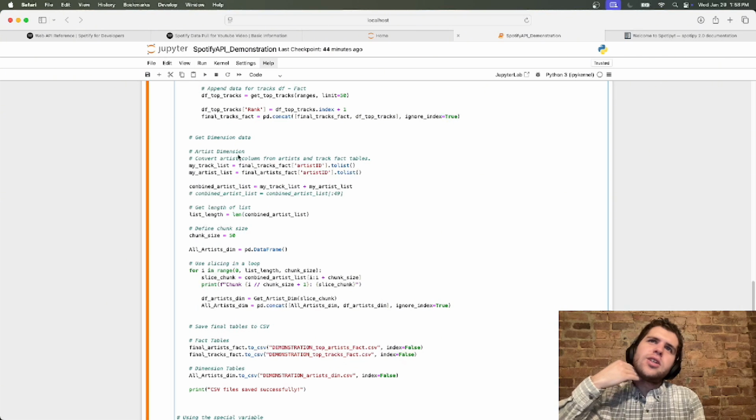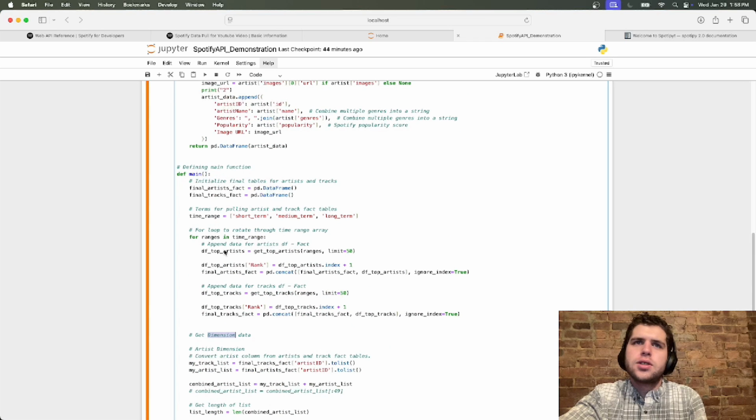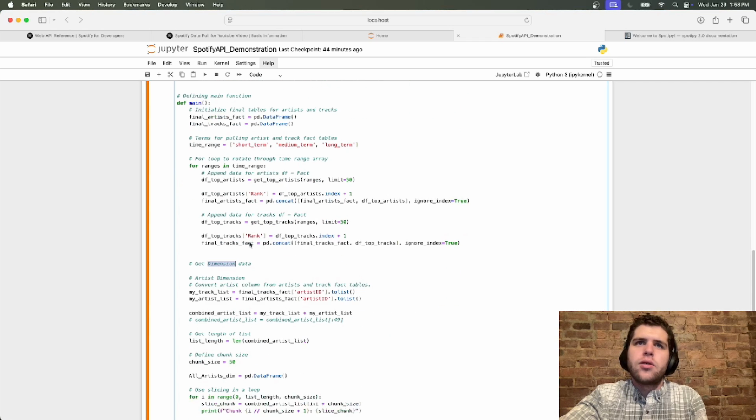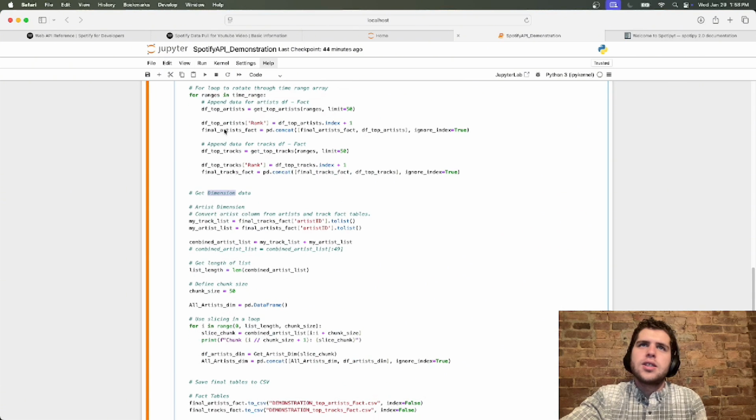So this has to do with fact and dimension modeling. And this dimension will control both artists and tracks, right? Tracks have an artist and artists have an artist. And this dimension essentially is just going to filter both of these tables, the artist and the tracks table,